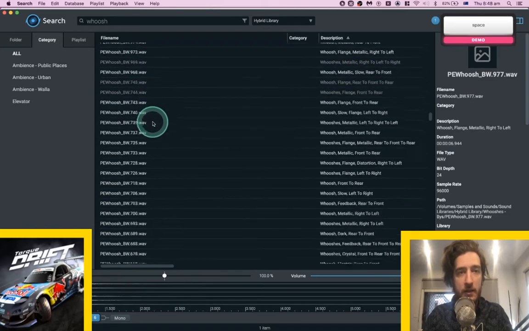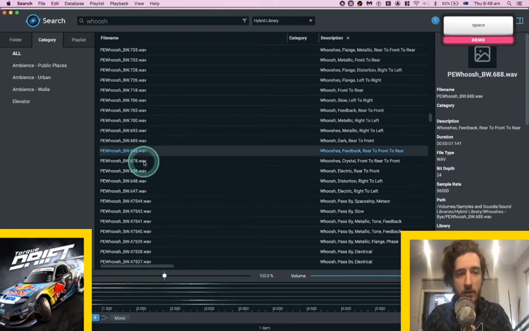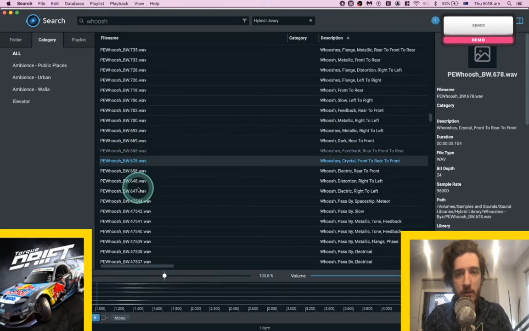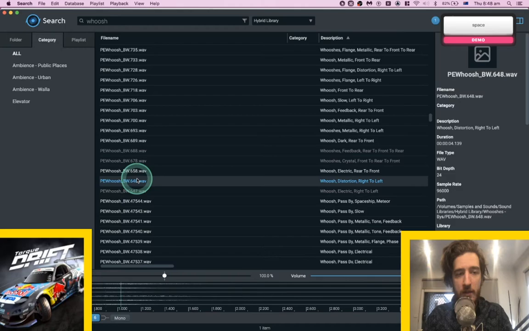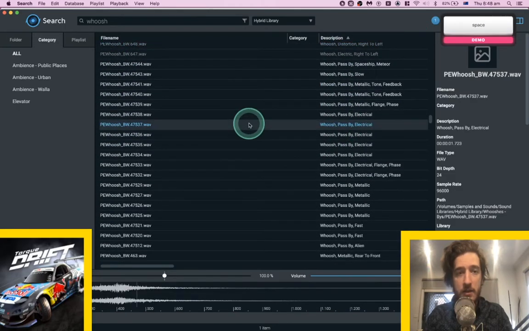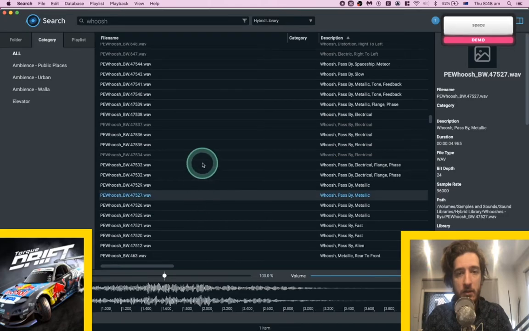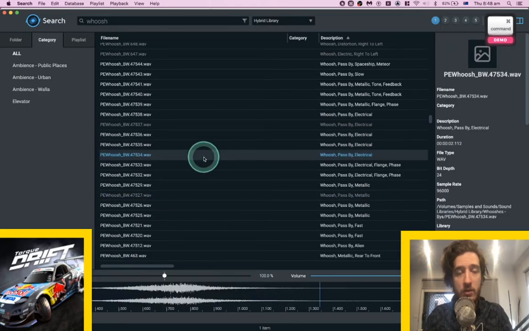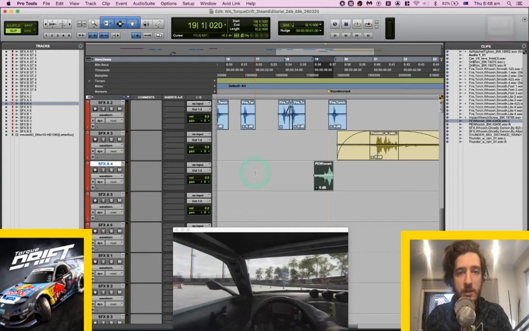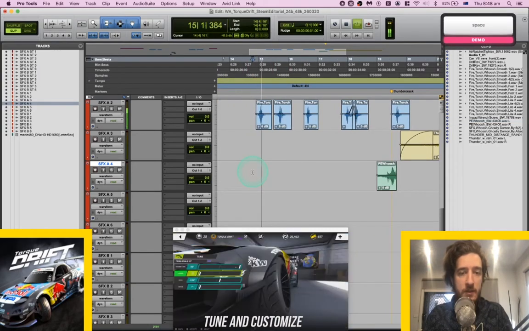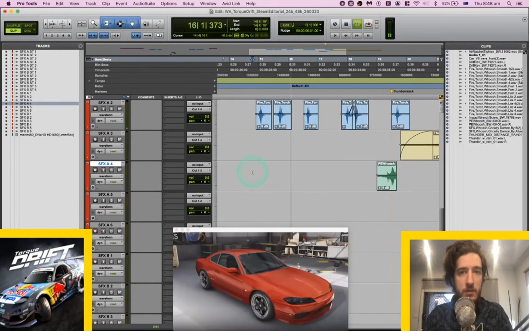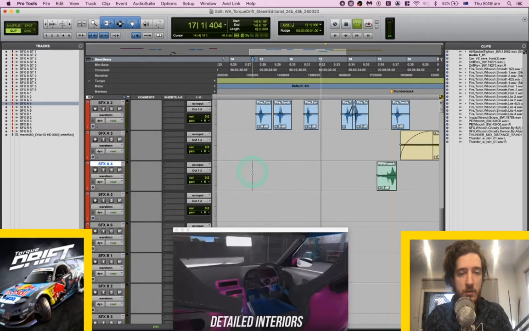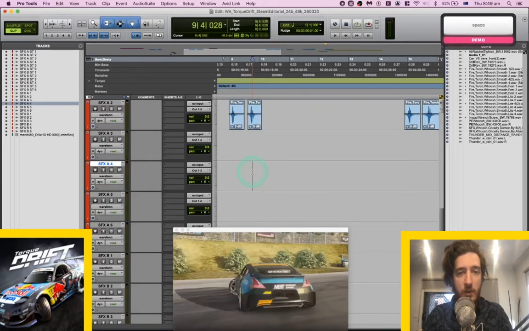Super handy. I really want more of the distortion-y ones though. It's the only downside. Oh, that's kind of cool. Use that for something. What could we use that for? Gets a little cartoony the way we have it at the moment.